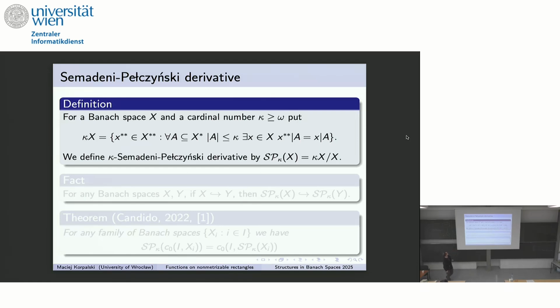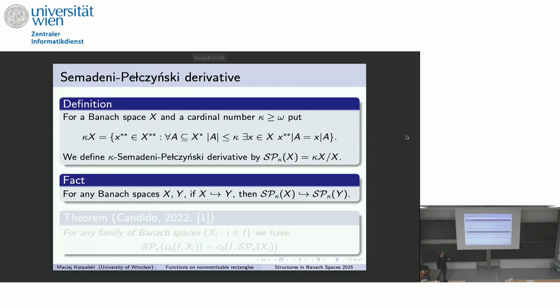So we can equivalently state that those are the operators which, for CK spaces, are kind of like continuous on subspaces of density kappa, let's say. And of course, this subspace of the second dual is closed and it contains X. So we can divide by X and get this. The concept for this stems from the old paper by Semadeni from the 60s. I will talk about it later.